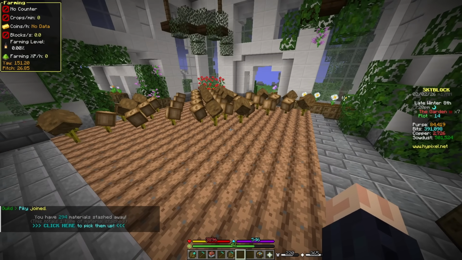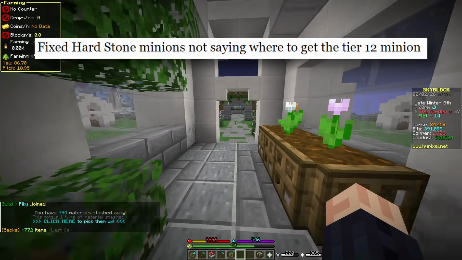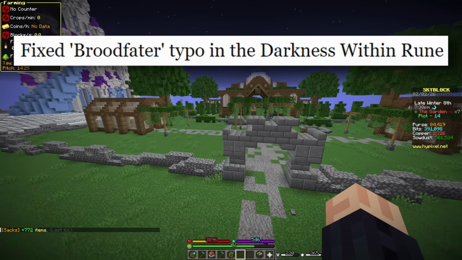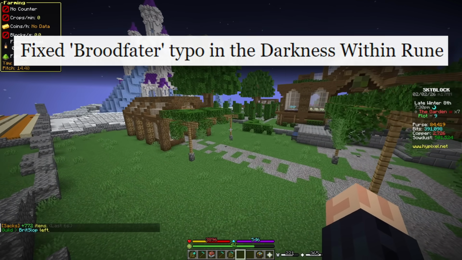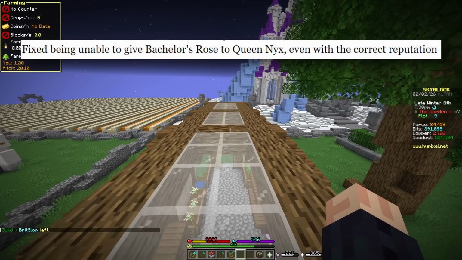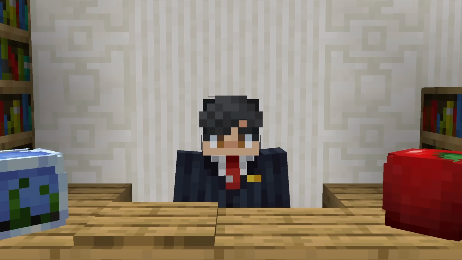And the other changes that they made, they fixed Hardstone minions not saying where to get their tier 12 minion, and they've also fixed a Brood Fodder typo with the Darkness Within rune, which is a very funny one to see. And finally, they fixed being unable to give the Bachelor's Rose to Queen Nyx in the Crimson Isle, even with the right reputation. Before we wrap up here, I wanted to give a bit of an update on my own perk